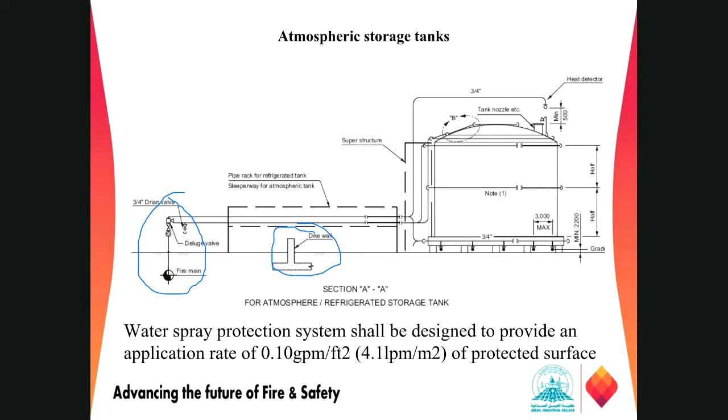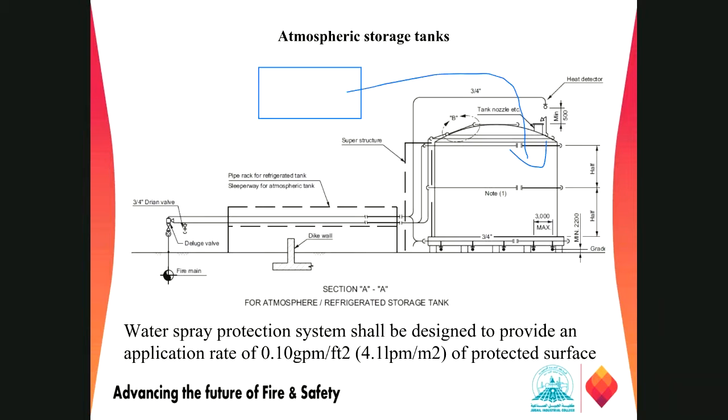And the way the piping is going from this side to the top, right? We have a heat detector here, and we have the piping for the nozzles, right? We have a nozzle at this one, and this, and this one. We have 3 different loops of nozzles, and it will protect the tanks in case there is a fire in the nearby area. If there is a fire in this area, it will protect this one from any kind of fire or exposure.